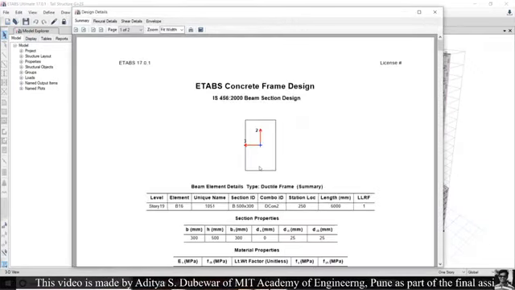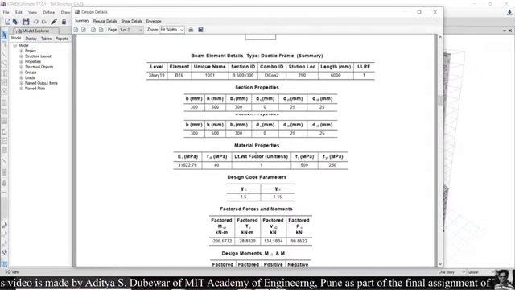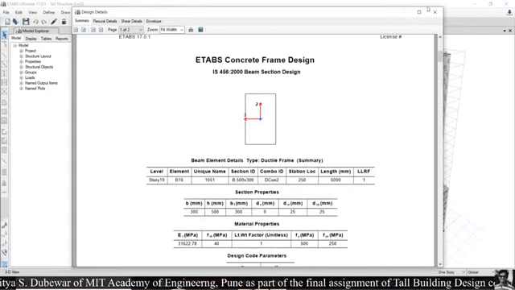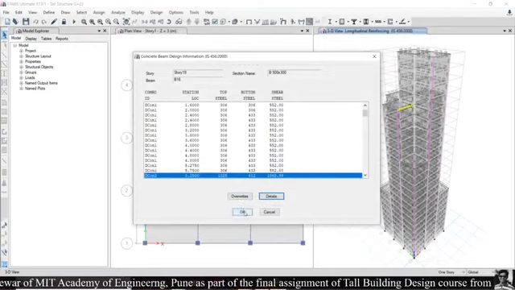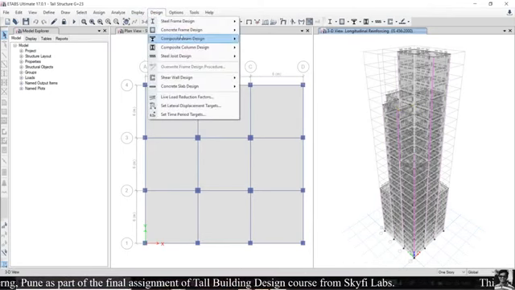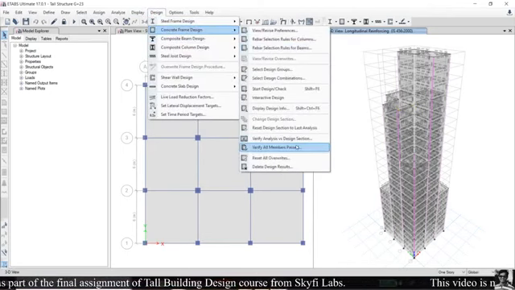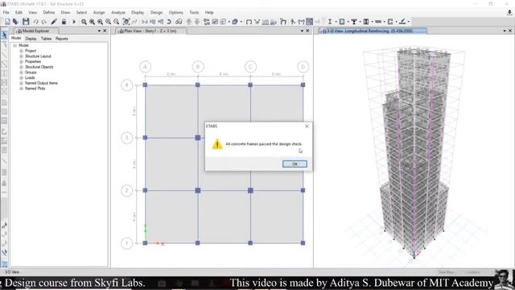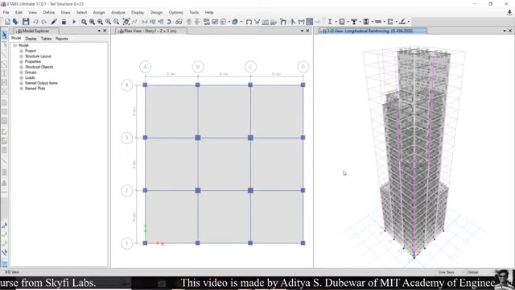Also we can get more details like this. For checking whether the structure is safe or not, click on verify all members passed. Then it will show the option, all concrete frames pass the design check. Then click OK. Now our structure is safe.